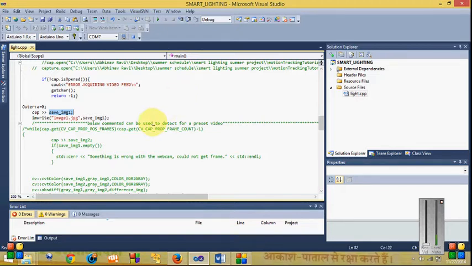Now after obtaining the difference image, the threshold image, as I have shown you, is obtained from the difference image. The threshold image is very peculiar and important in the sense that it will be used further to obtain the contour of the object. As you have seen, as I placed my hand in front of the camera, it recognized all my fingers and hand separately.